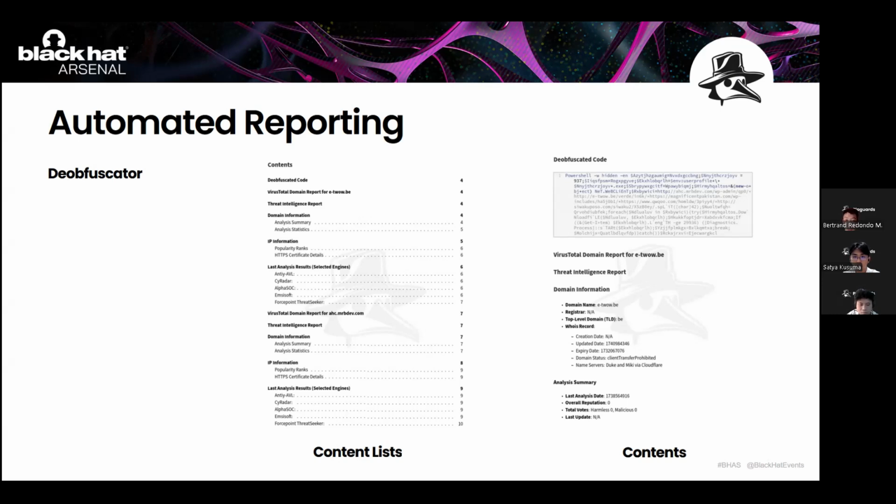Lastly, the deobfuscator reporting results consist of deobfuscated code, threat intelligence report, domain information, IP information, and last analysis result inside the content list. Inside the content itself, in the detailed context on the right side, there is the deobfuscated code result that was done by the application first, and then the IOC check result, which was found by the application, if any, inside the deobfuscated code. So users will get the deobfuscated code results and the IOC check results inside the same report. So the user doesn't need to do another IOC check to check the domain or IP related to the deobfuscated code. Next.